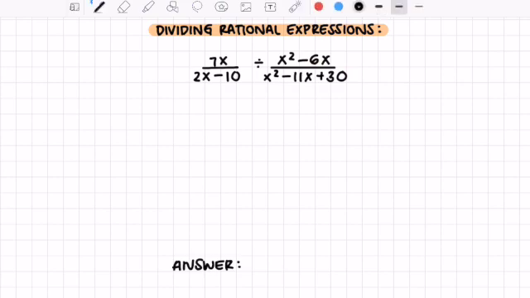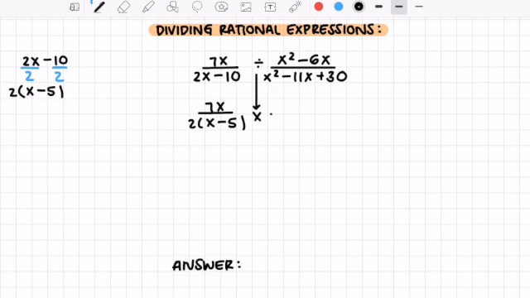first. So for 2x minus 10, I could divide both of them by 2. If I do that, I'm left with 2 on the outside, and on the inside is x minus 5. So this turns into 7x, stays the same, and we have here 2 times x minus 5. And then on the other side, again, it has to be flipped, so I'm going to change my division symbol into multiplication, and